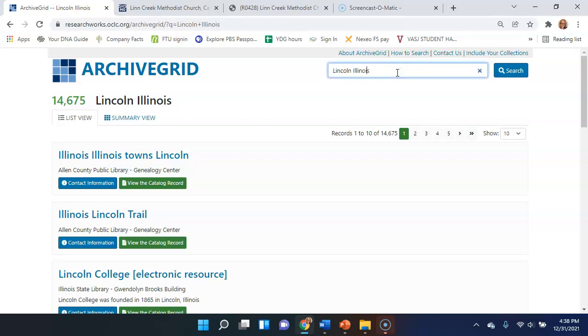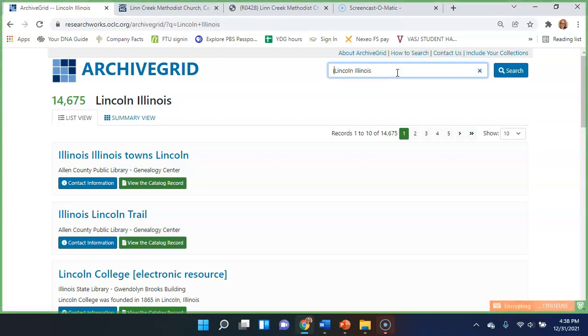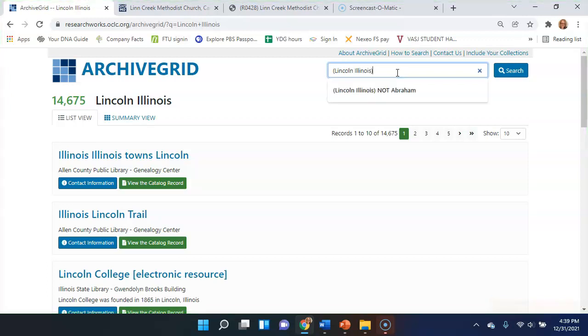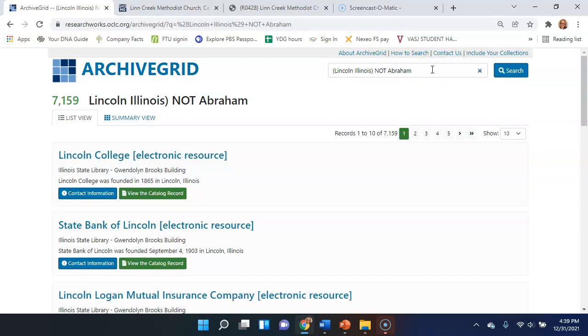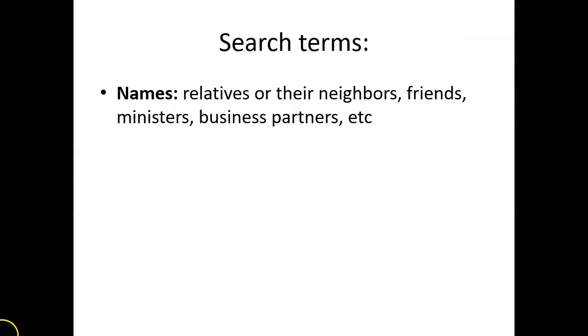So you can go back and edit this search to put parentheses around here just so that you'll have the group of terms Lincoln, Illinois, but not necessarily in that order. And then add the word NOT in capital letters and then the word Abraham, since I want to exclude the word Abraham. When I repeat that search, then mentions of Abraham Lincoln will disappear from my search results. You can also use connecting phrases AND, OR as well as the word NOT.